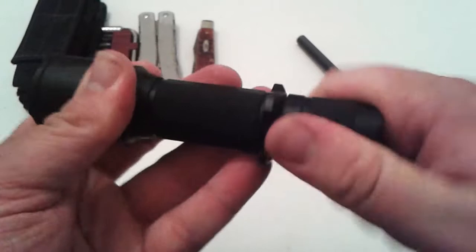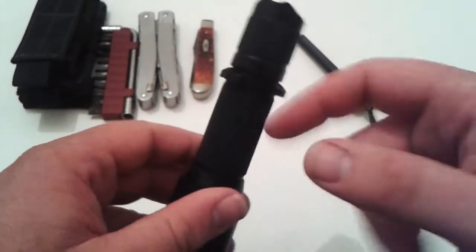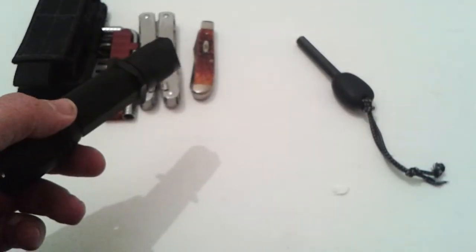I need to charge it. I just stick it back in the Olight and charge it that way because I don't have the actual battery charger for this yet. I'll answer the phone. Anyway,